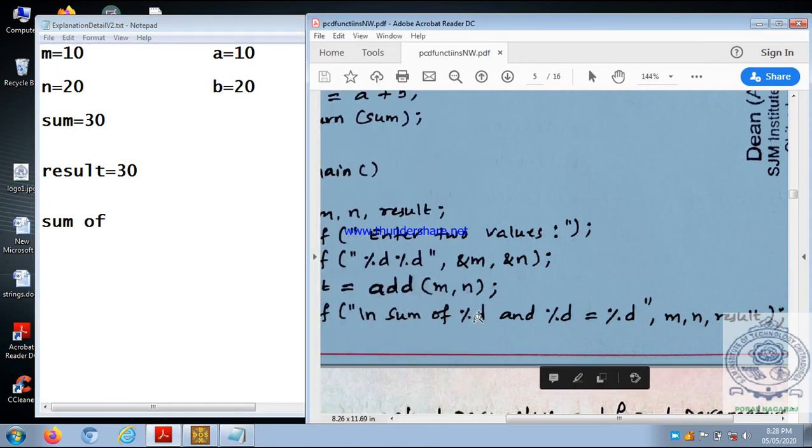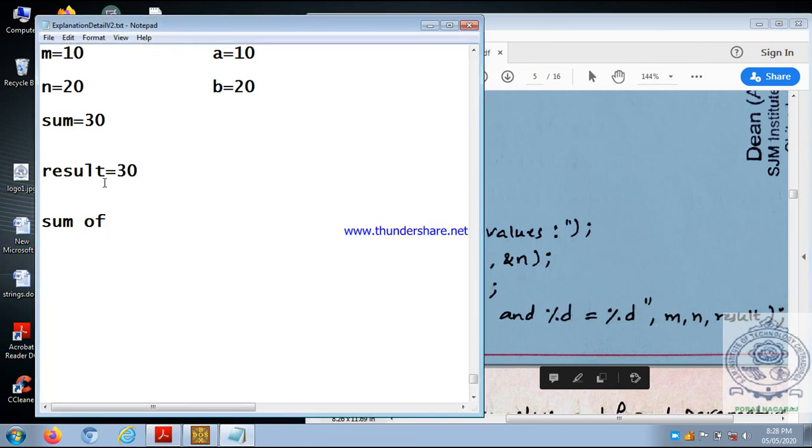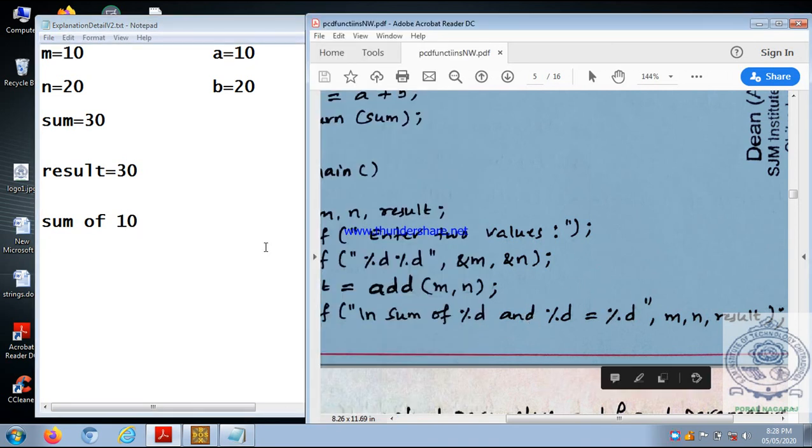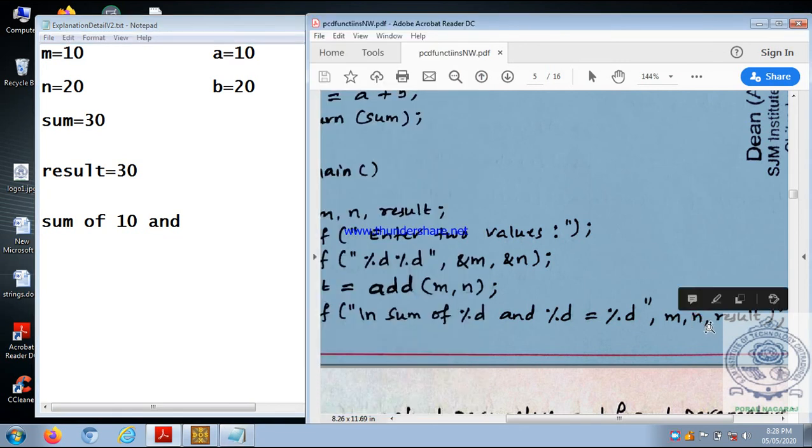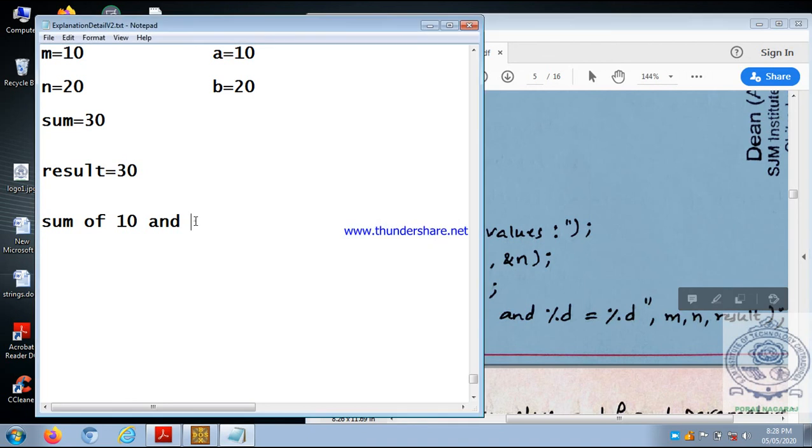When the first %d comes, the first variable in the variable list is m. So what is the value of m? 10. Okay. Then "and %d". Once again "and" is displayed as it is, and when the %d format character comes, it means the second variable. What is the second variable? n. Its value is displayed in place of the second %d.